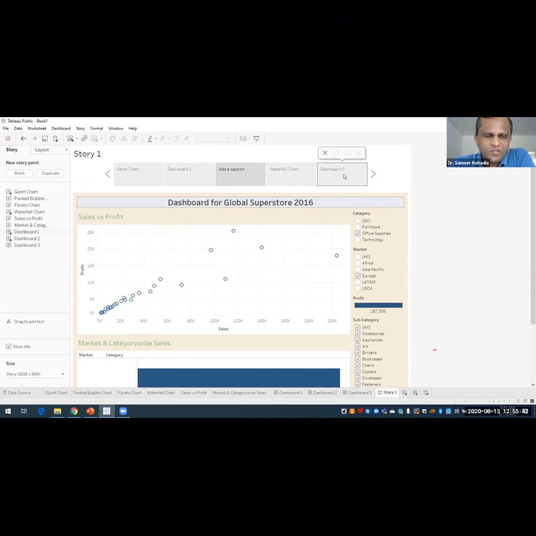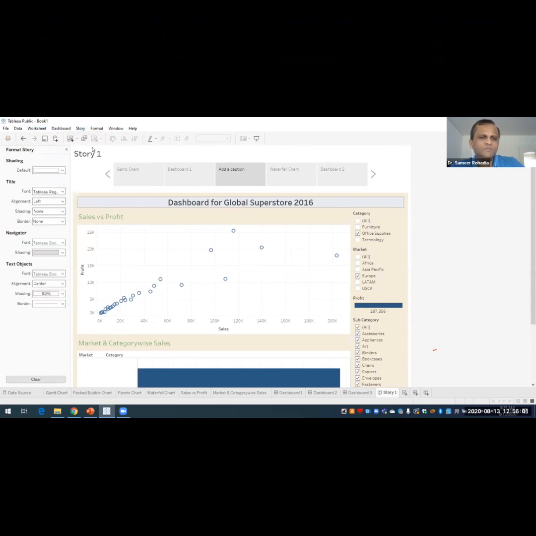Now the last thing which is remaining is a little bit of formatting. If you want to do formatting in this story also, then you can go to the upper portion, the story tab. You can click on format.